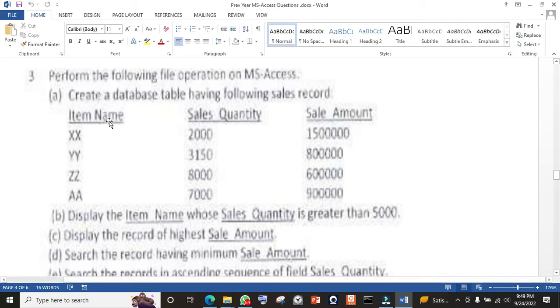Whenever you are asked to create a table in a database, the table name, field name and field data type information will also be given. In the last video we created a database, created a database table, and entered the data into that table,